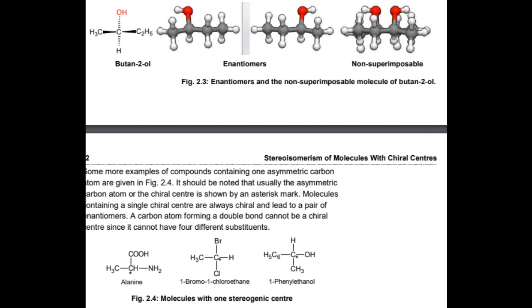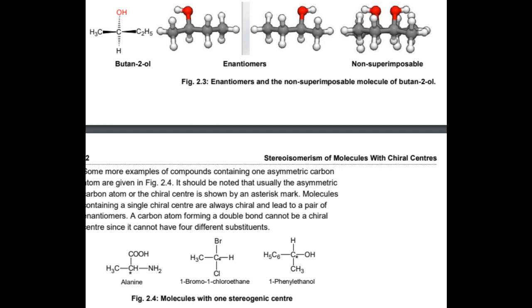H, CH3, OH and COOH, which are arranged tetrahedrally around the carbon. These isomers, being non-superimposable mirror images of each other, are called enantiomers. It should be noted that this molecule as a whole is chiral rather than possessing one chiral carbon atom. It has been suggested that it is more appropriate to call a carbon atom of this type a stereogenic center, as